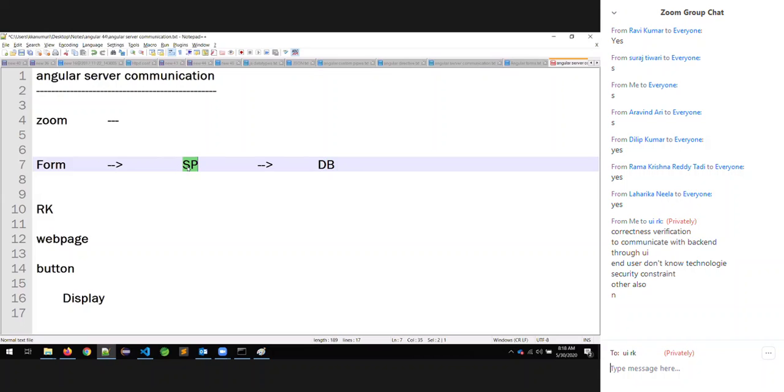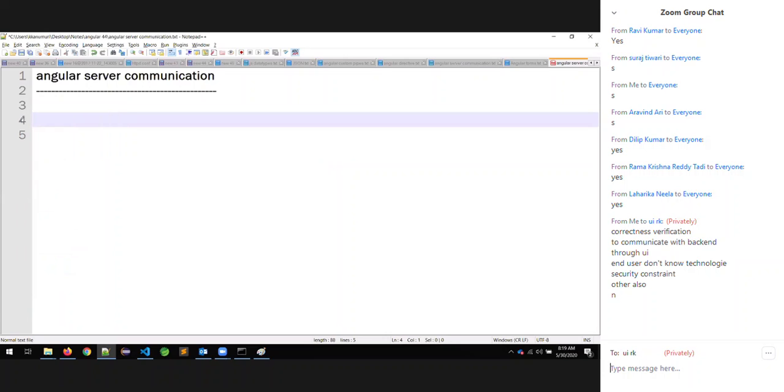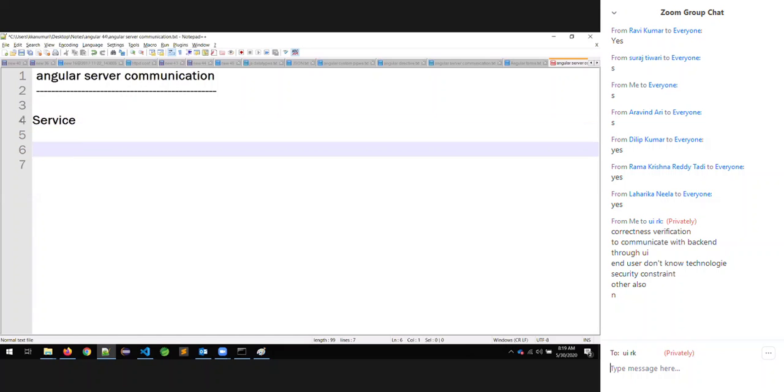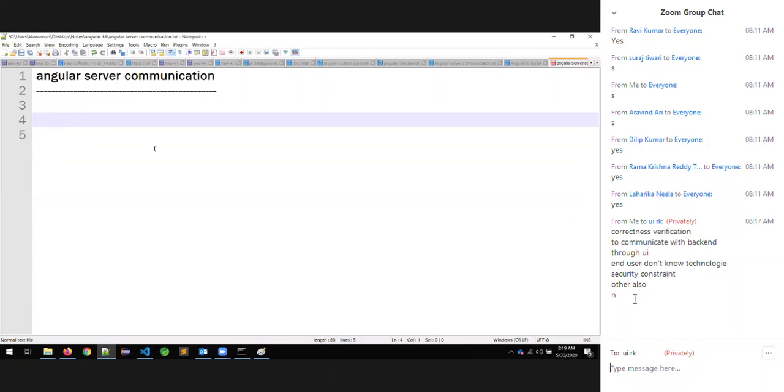So how do you communicate with the server program, sir? From the UI, by using the button click. So today's class is about how you are going to communicate with the server program. Now the first step, in order to communicate with the server program, is what, sir? Create a service. So today's class is about this, and tomorrow we are going to see a real-world service related example. But today we are going to learn about the server program related part. The first one, service. To communicate